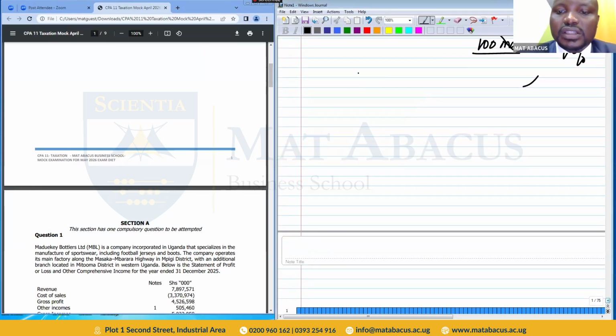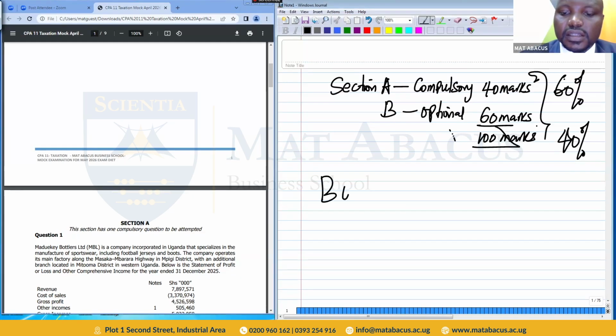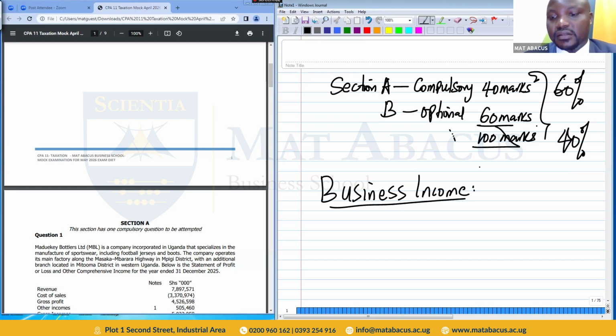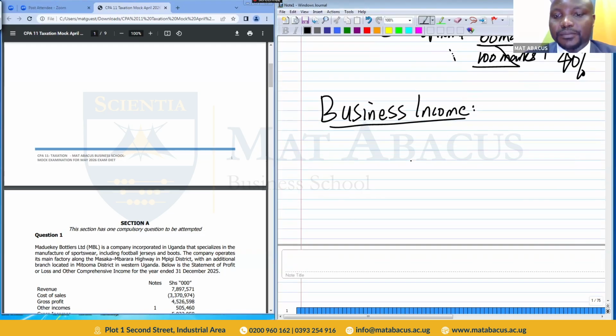You need to note that section A, like I told you, is a compulsory section, and in the previous sittings, the examiners have focused on business income, which is the core area of this number. It normally takes 40 marks. Once it is examined, the examiner is expecting you to interpret an income statement. So they normally give you a statement of comprehensive income,